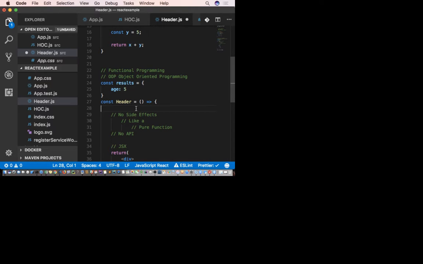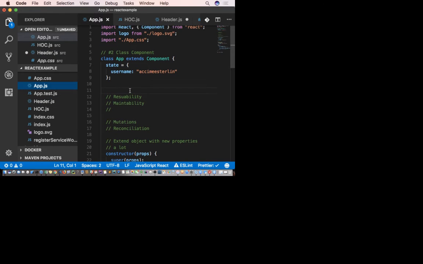So the bottom line is, whenever you want to use state in your application, you should consider using a class component. Every single time that you need to have a state, hold some data, or share some data, you need to consider using a class component.